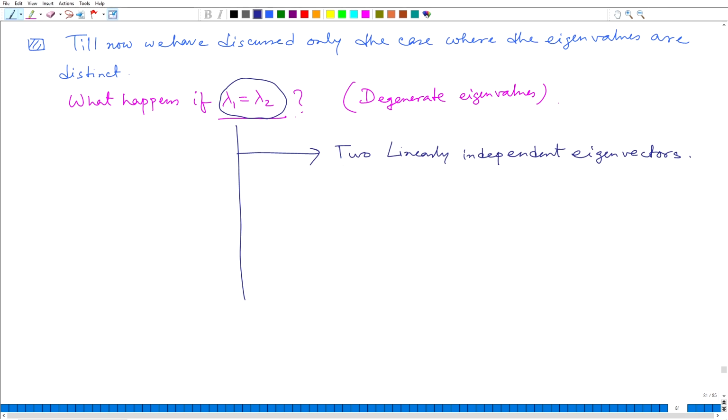And if it is like this, then what happens? Then I can actually again write the initial value of the